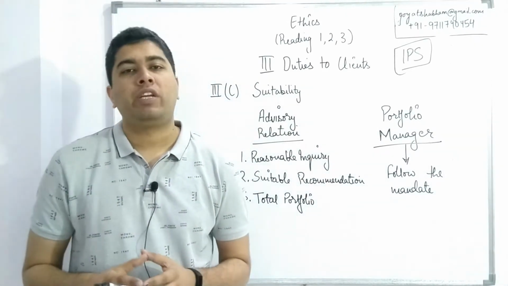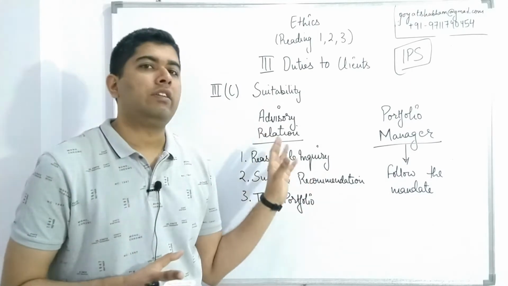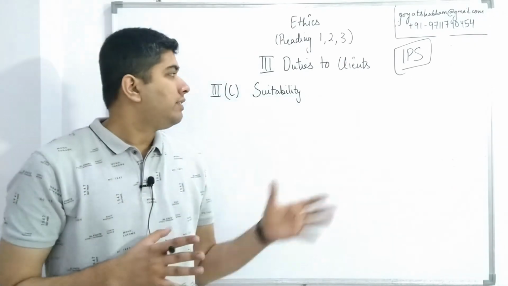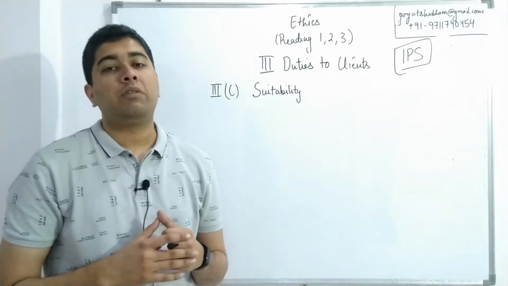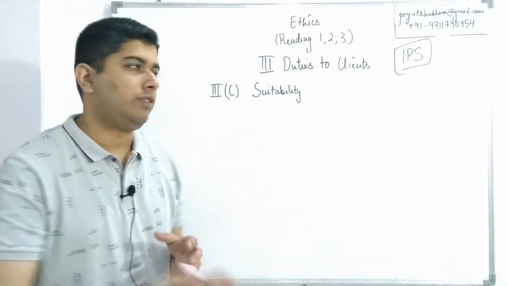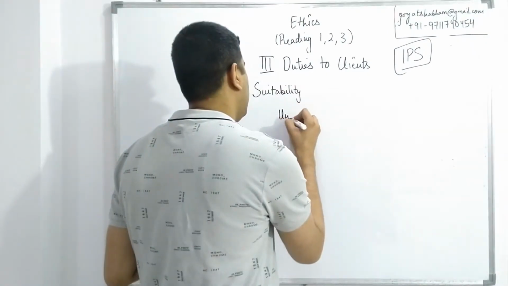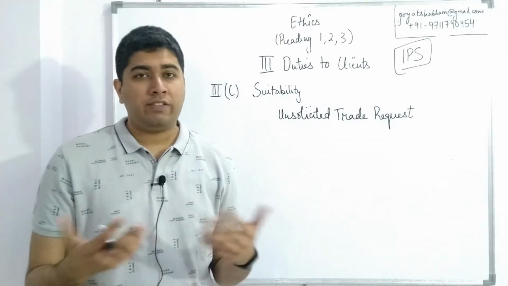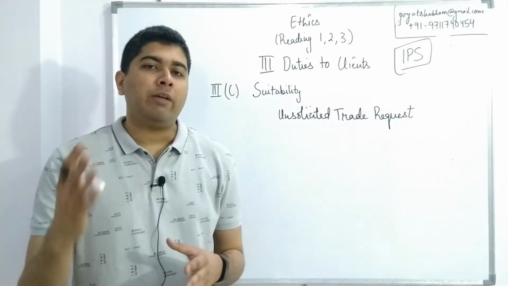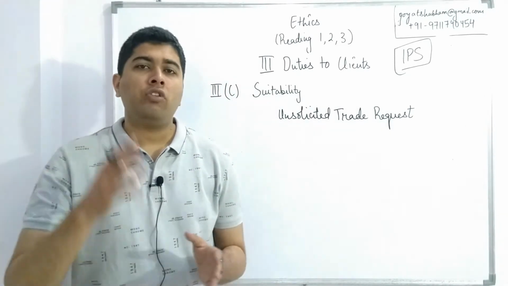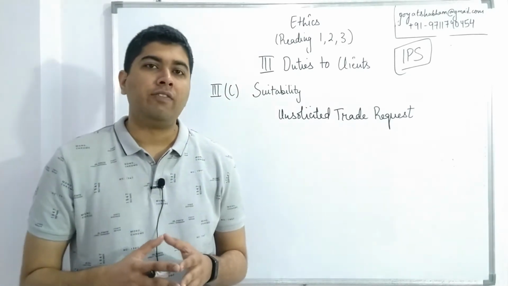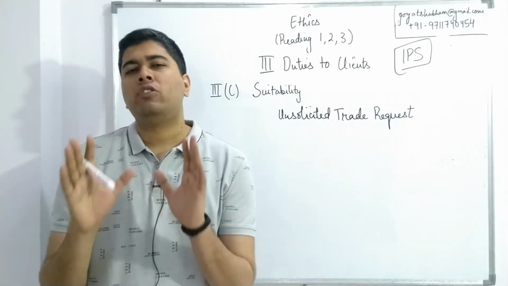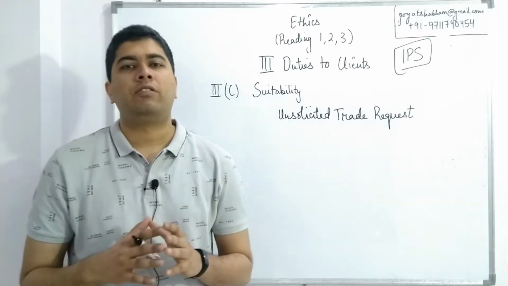There is one major complication involved in the case of Standard 3C. Let's look over that. The one major complication in Standard 3C is about unsolicited trade requests. Now in the real world, there can be cases where a client comes to me as an investment manager with a specific demand to buy a particular security or to make a particular investment on his behalf. Now, I as an investment manager know that that investment or security is not very suitable for his profile,